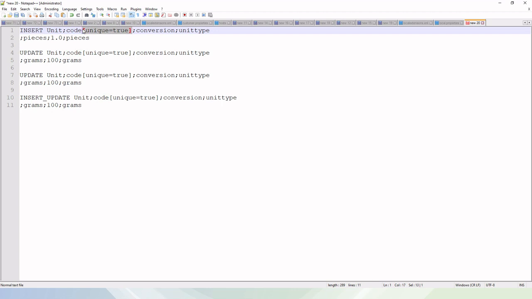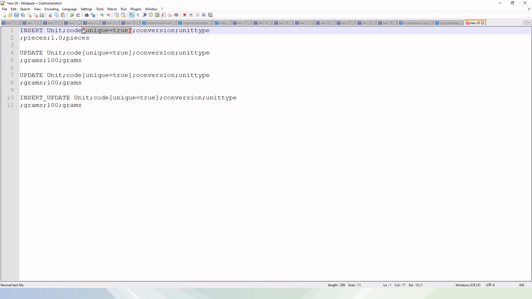Here, if you are seeing unique equal to true, then it simply means that it refers to the key attribute, or we can say it refers to the business key. If in this header part we are referring to more than one column as unique equal to true, then using those multiple columns, the values which are present in those columns will be considered as unique.